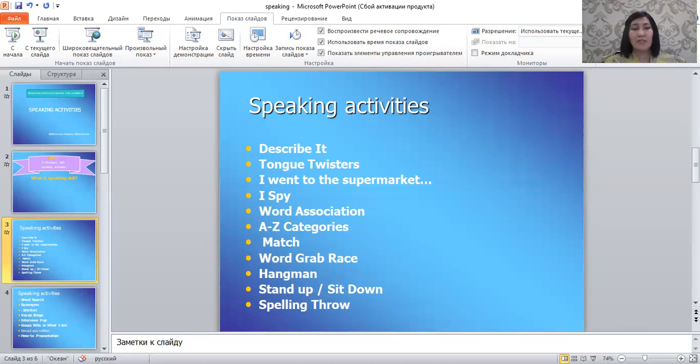The next activity is called I Went to the Supermarket. Here, children or adults can practice this activity. This game is great to flex those memory muscles. And how? First you should create a circle of students. So